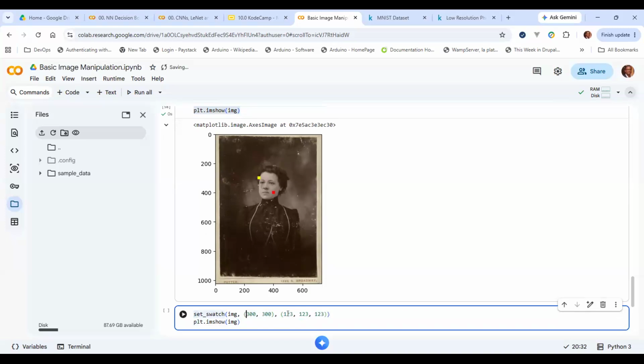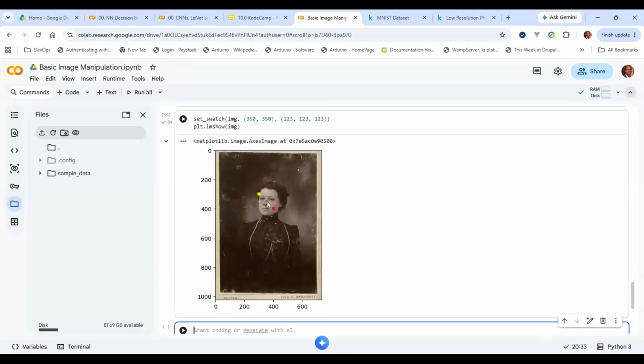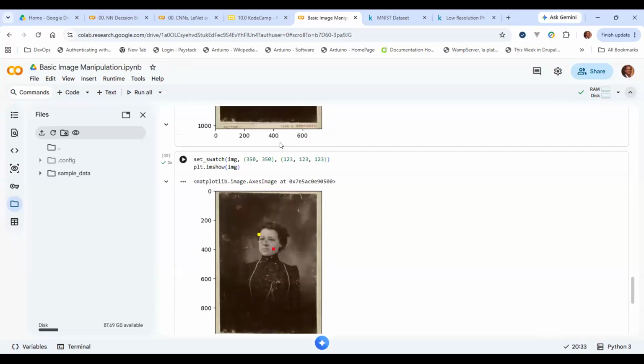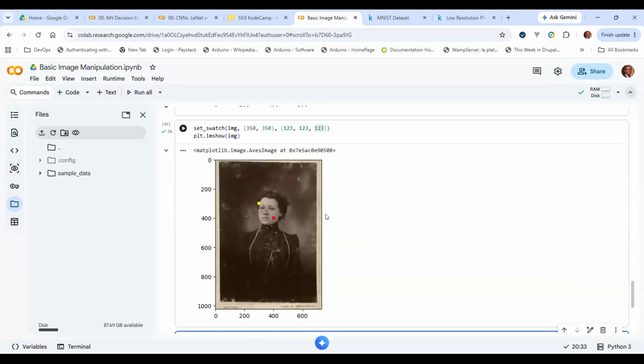Now let me do this at 350 rather than 300. So I will see again how it looks. You see it's here in the middle, right? It's now looking gray. So it is these numbers, how you combine these numbers, that determine the color. But this is in a grayscale image. Now let's go do the actual thing that we were doing, which is